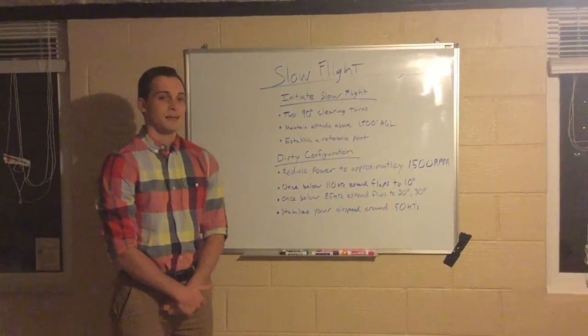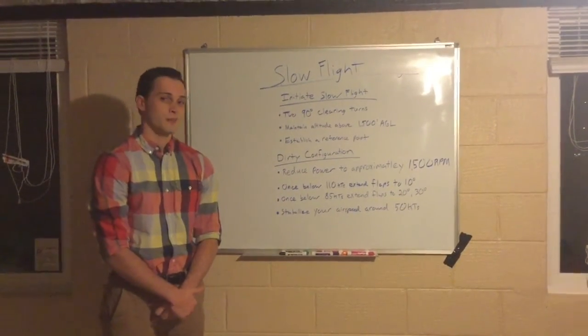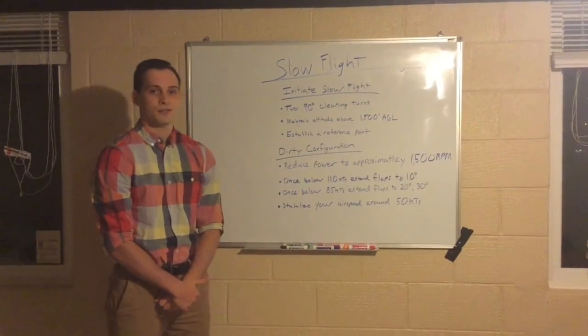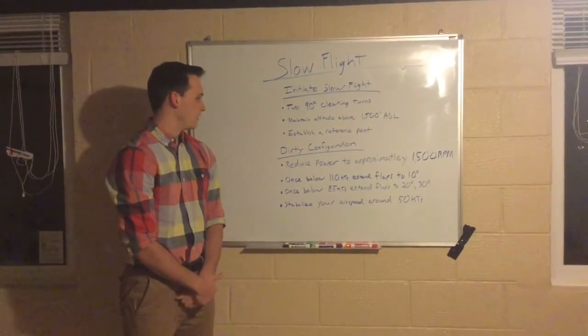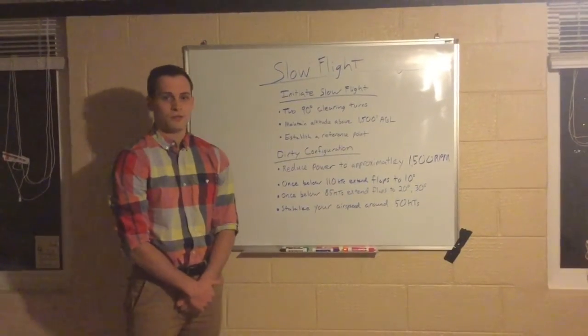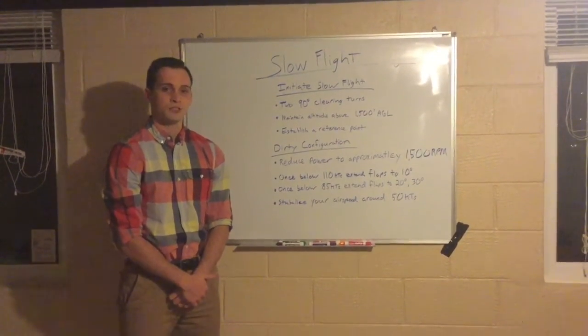The next thing is to maintain an altitude of 1,500 feet AGL. This is very important in case you stall too much, you don't want to be hitting the ground. You want to have sufficient altitude to recover. So next is to establish a reference point. The reason for that is just so that, while you're in slow flight, you can go in a straight